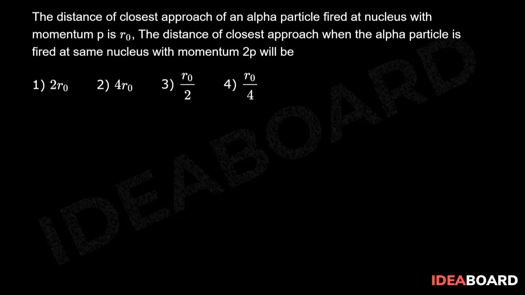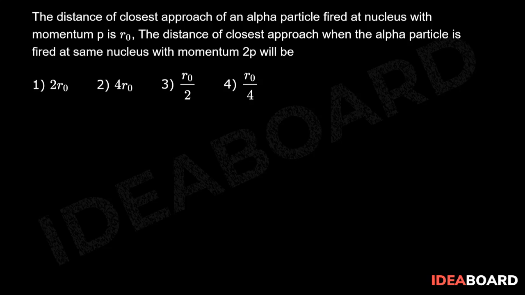The distance of closest approach of an alpha particle fired at a nucleus with momentum p is r naught. The distance of closest approach when the alpha particle is fired at the same nucleus with momentum 2p will be. Now here,